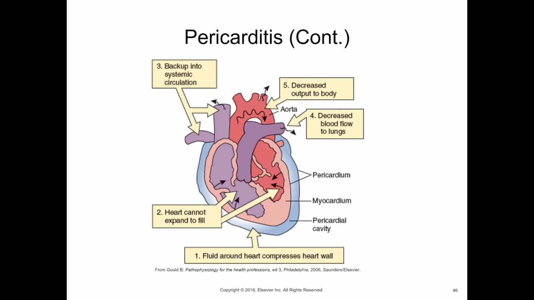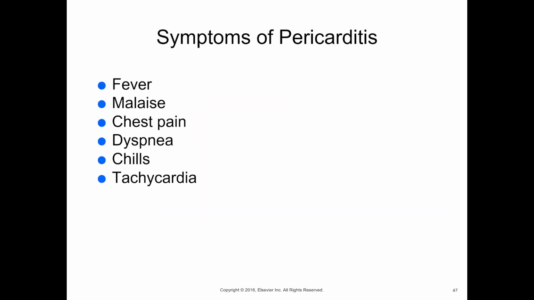So, you're seeing basically the primary pathophysiology here: fluid compressing the heart wall, the heart can't expand, fluid backs up into the lungs, decreased output. A lot of the same symptoms here, except if we think about the true underlying cause being an infection, you're going to see things like fever, fatigue, and chills, stuff that is incredibly related